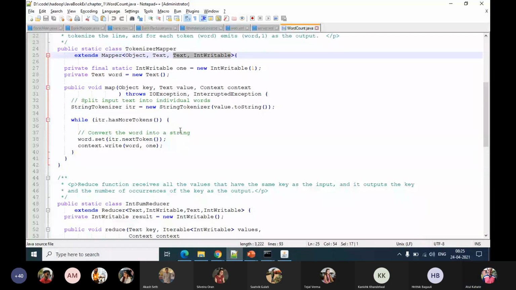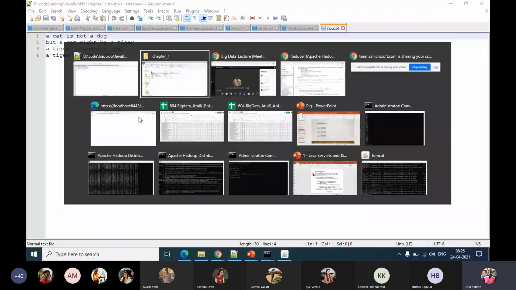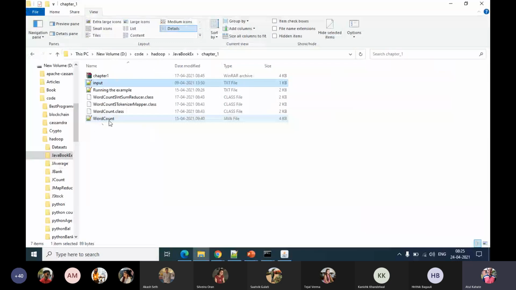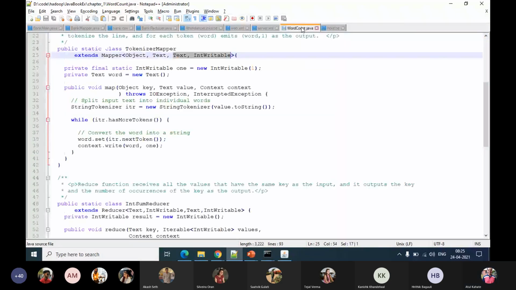So if we look at our input file, initially when we start, in the word count code there is of course no key, no value. But that's what we need to generate in the mapper class.